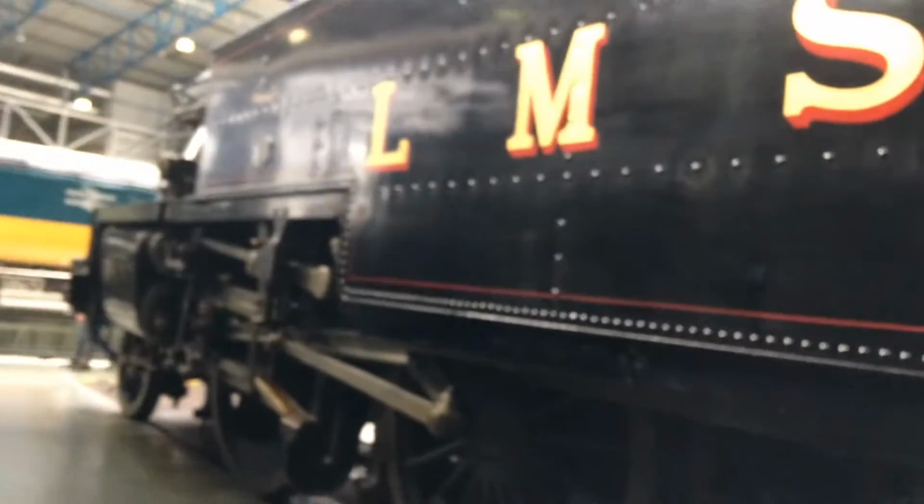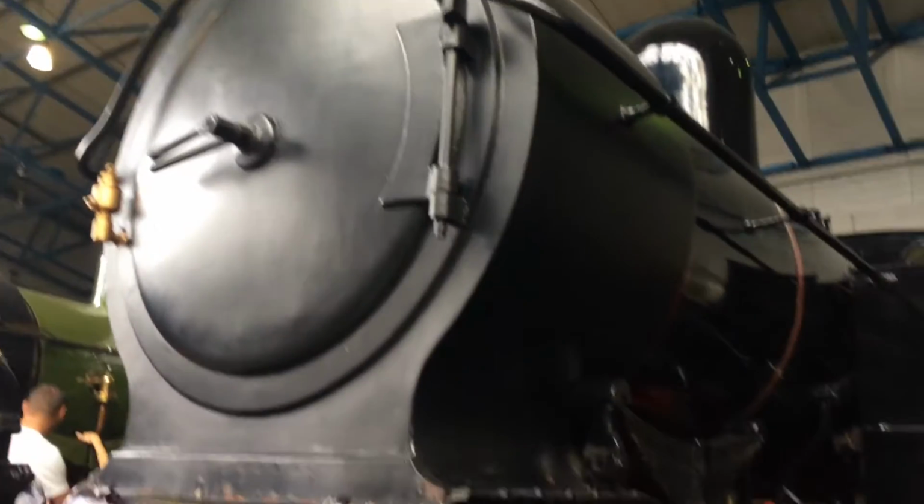I think this is an LMS third. You can hold a standard farm tea tank. Pretty big. I've forgotten what class of loco this is, but I believe it's one of the LYR, which is the Lancashire and Yorkshire Railway's